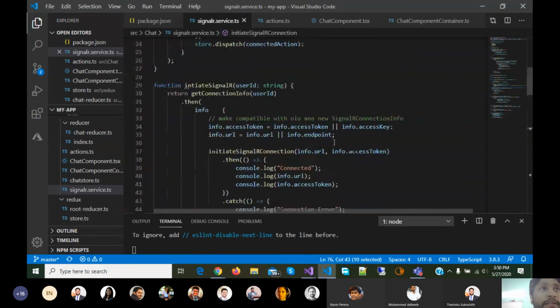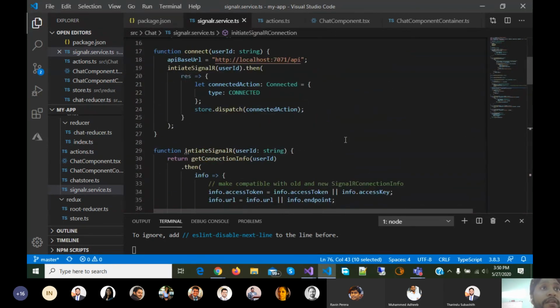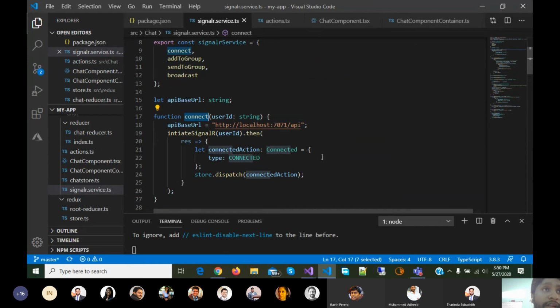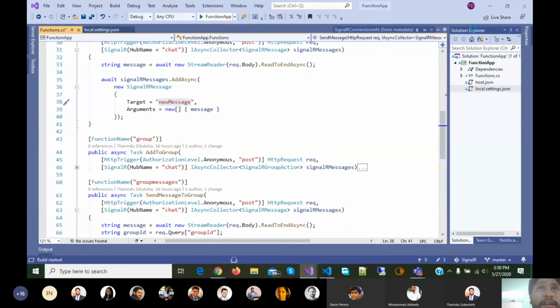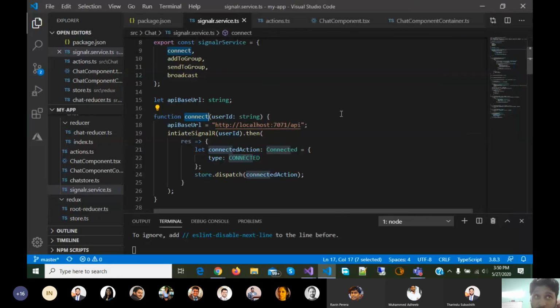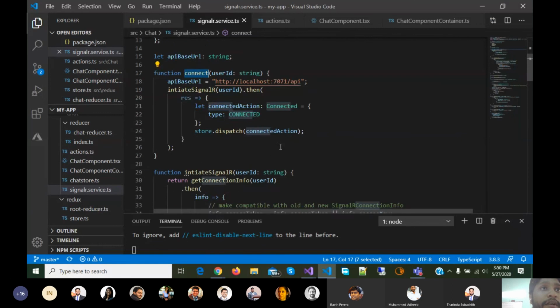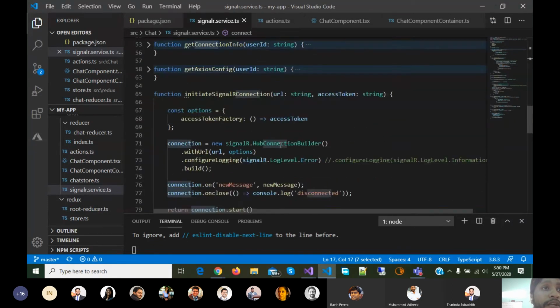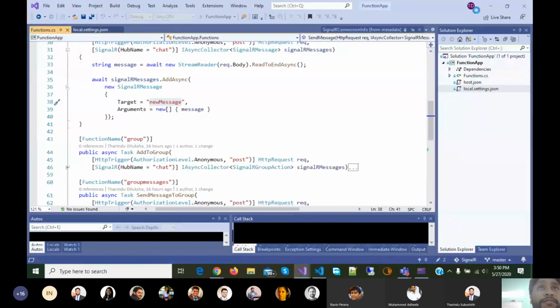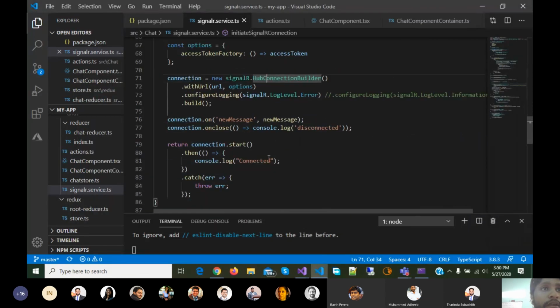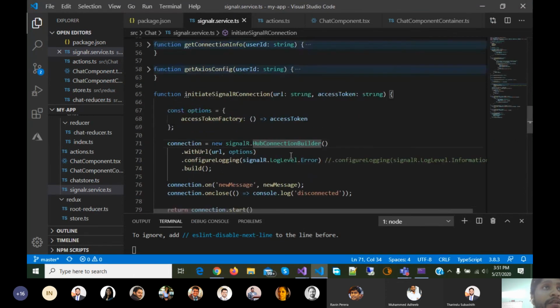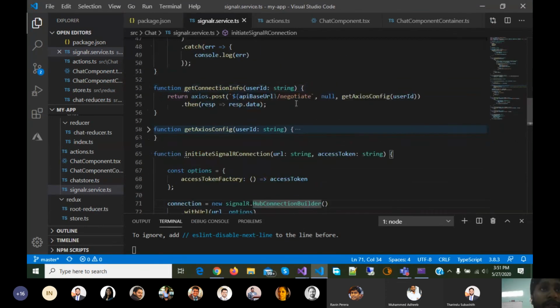Okay, so just to show you a few things, when I connect to the SignalR service, it's going to connect to my Azure function. So at the same time, I just run it. It's going to be easy for us. So connect to it and do the negotiate call. Okay, it's connected. So calling this negotiation endpoint,